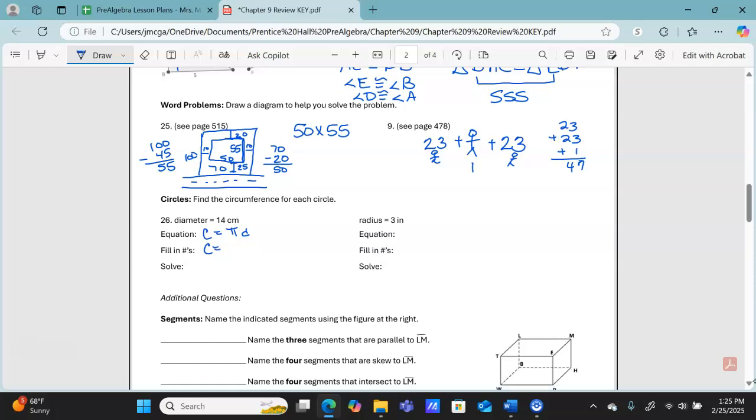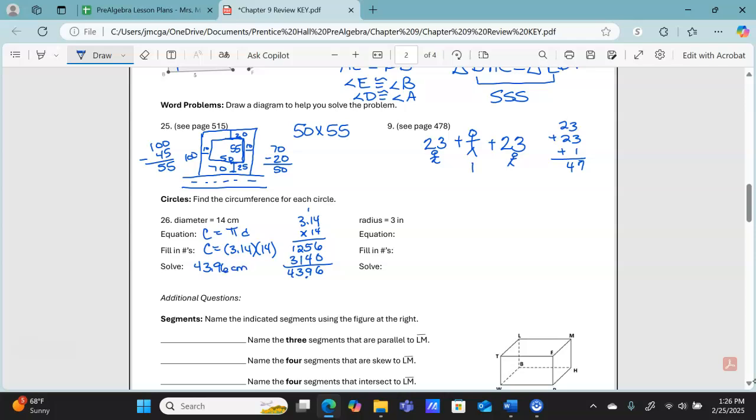Then we're going to fill in our numbers. We're going to replace the pi with 3.14, and then we're going to replace the d with 14. And you should have enough room here to do the multiplication. 4 times 4 is 16. Carry the 1. It would be a 5. 4 times 3 is 12. Placeholder 0. 1 times 4 is 4. Times 1 is 1. Times 3 is 3. So we get 6, 9, 3, 4, and I need 2 decimal places. I get 43.96